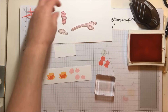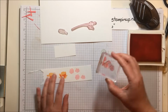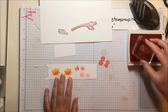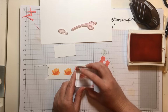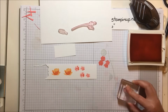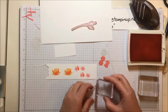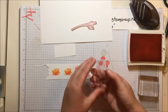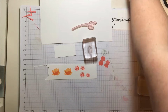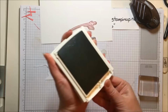And we'll get the accent for the double flowers. And we're going to do this in full ink. So line it up over the top and stamp that. Clean that. We'll do our little guy. This is the little fern. So I'm going to put away my Flirty Flamingo, bring in my Pear Pizzazz,